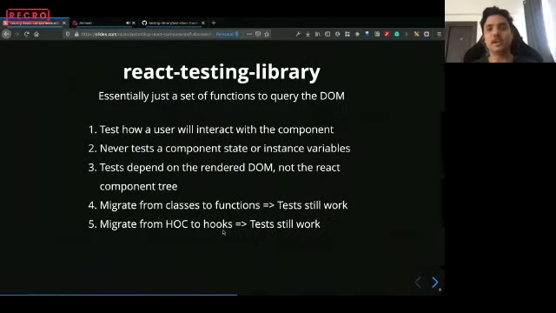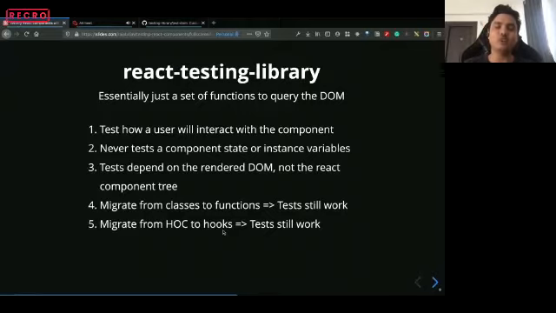Now let's talk about the elephant in the room, React testing library. This is the main library that we use majority of our time while writing test cases for the React components. This library provides a lot of utility helpers, but more than utility helpers, it's a very opinionated and a particular approach-oriented library that tells you how to write test cases for your component. So it has three basic rules while writing test cases for your component. First is always write test cases while keeping in mind how the user will interact with your component.